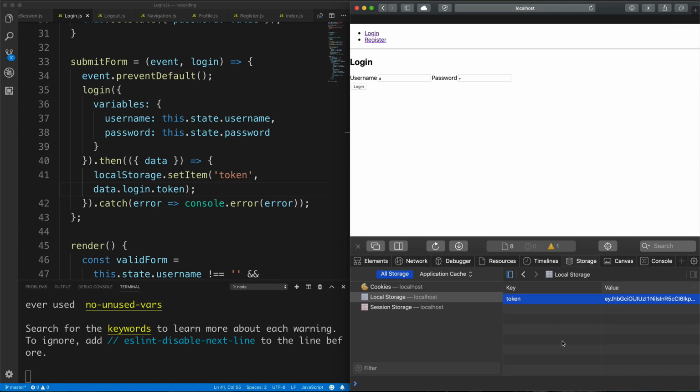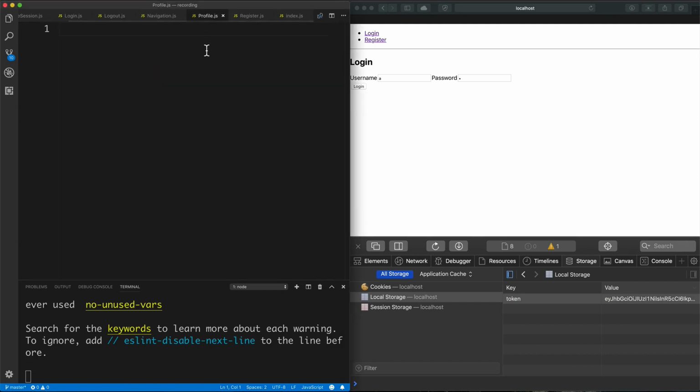Now the second step that we want to do is probably redirect the user to the profile, right? Because we want to make sure that if someone logs in, we add the token, we have a valid token, they should automatically be redirected to their profile page. So in light of that, what I'm going to do is create the profile page, at least the shell of that